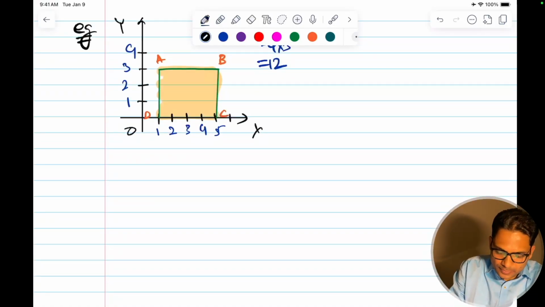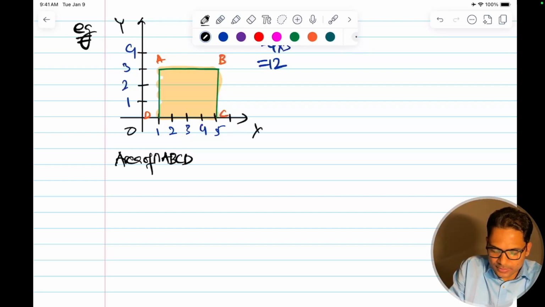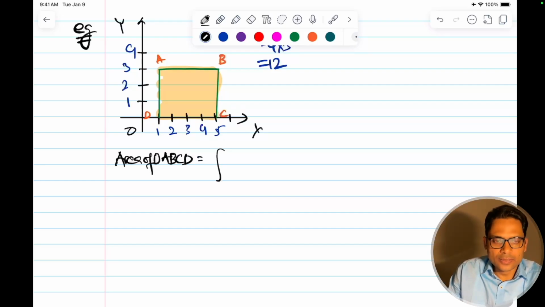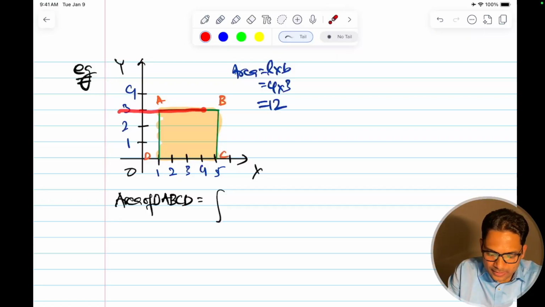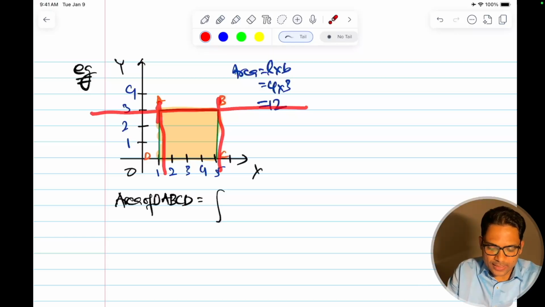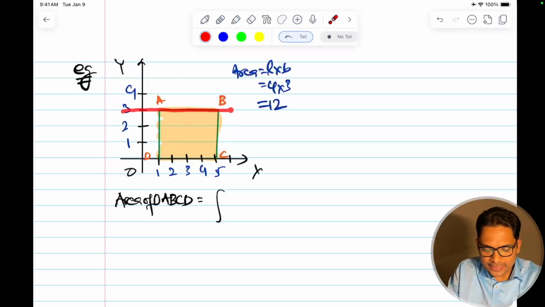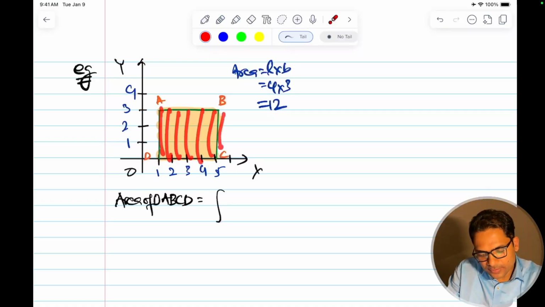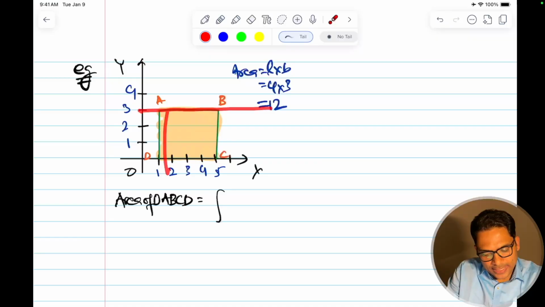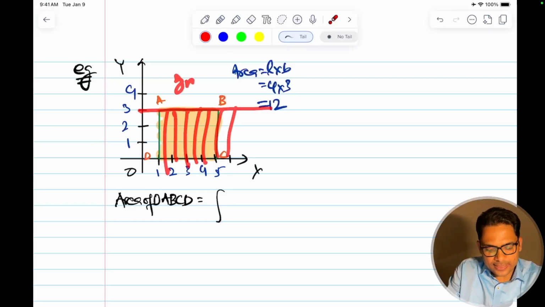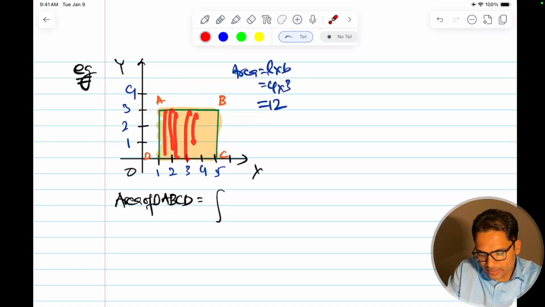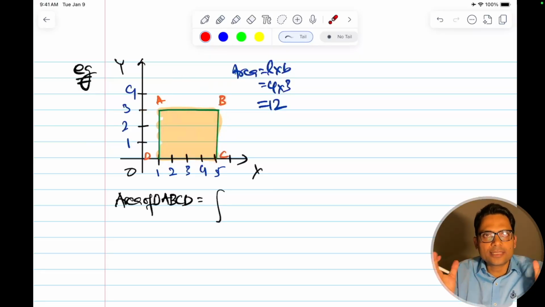Similarly, if I want to find the area of ABCD, whatever is the quadrilateral, this will be equal to an integral. So what is the area under the curve? This is the line here, and I have to find the area under the curve for this. So y is fixed here, and x is changing, and I will take thin strips like this along the axis. I'll move along the axis, keep on taking dx, delta x tending to 0, very small strips,